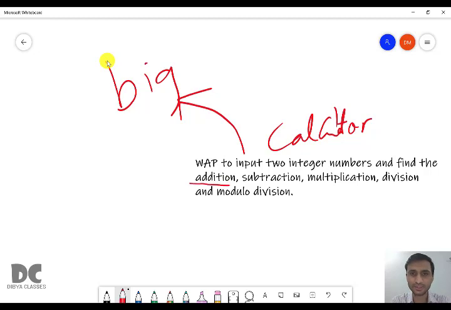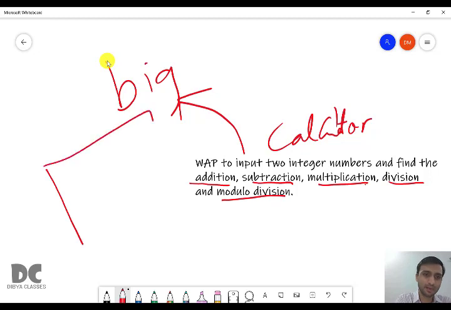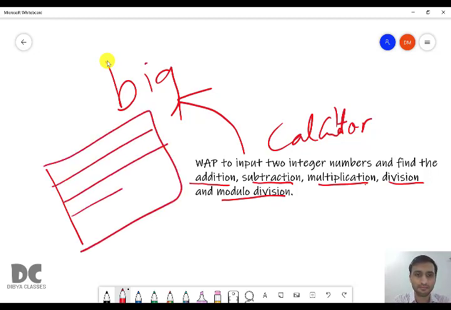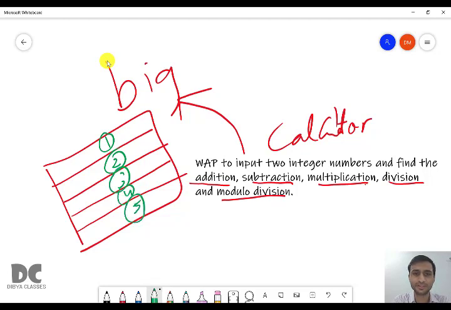That is, it can do addition, subtraction, multiplication, division and modulo division. Okay, it's a big program. So this big program actually has 5 parts: addition, subtraction, multiplication, division and modulo division.